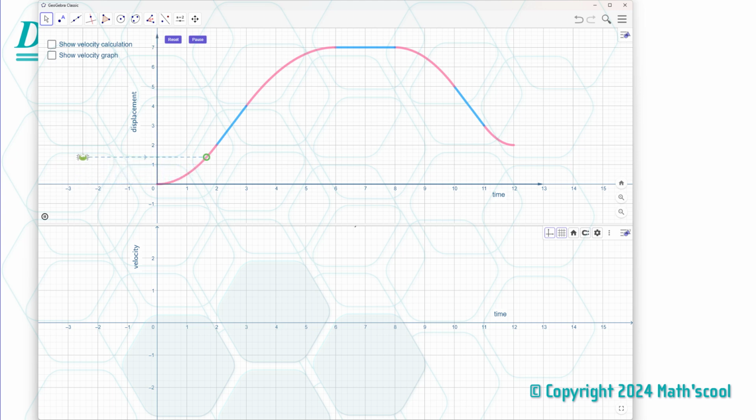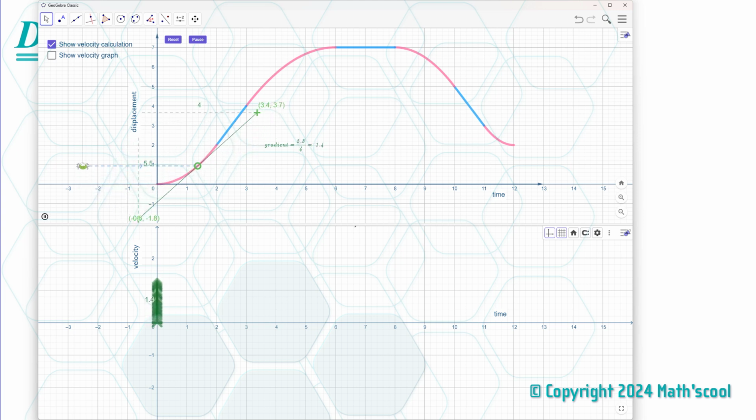Okay, so he's moving up, he's going quicker, he's going quicker. Oh, he's slowing down now. Okay, now he's stopped, he's not moving. And now he's going back down, and he's going faster, and then now he's going slower and slower. Okay, let's click on show velocity calculation, and then let's